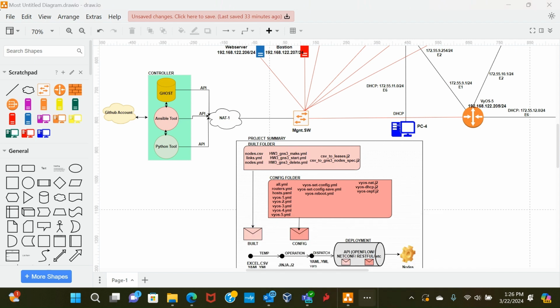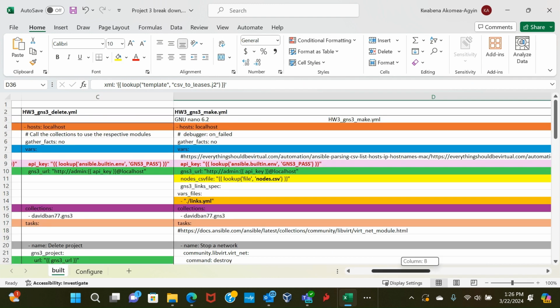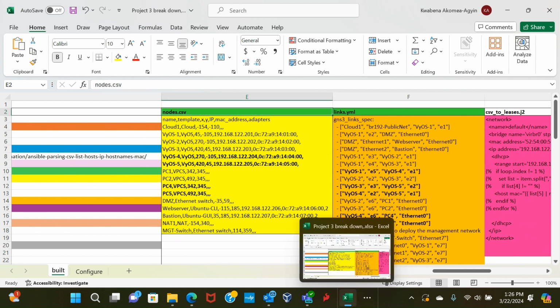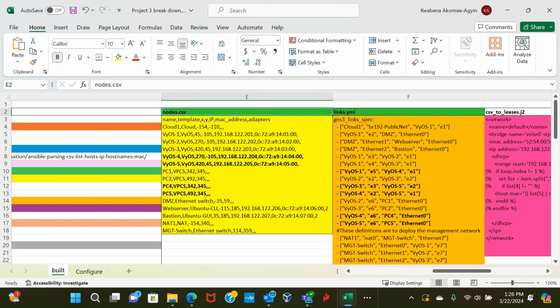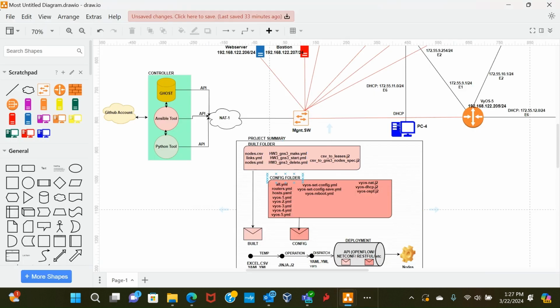I will really be able to explain all this, but in a high level overview, I needed you to understand how we do automation. For example, the nodes CSV that I talked about, which is a template, you only have to input the nodes you want to put there, the installation coordinates, the management IPs I want to apply, and probably the MAC address as well. These are the links templates that I talked about over here, the links template, and then also the nodes.